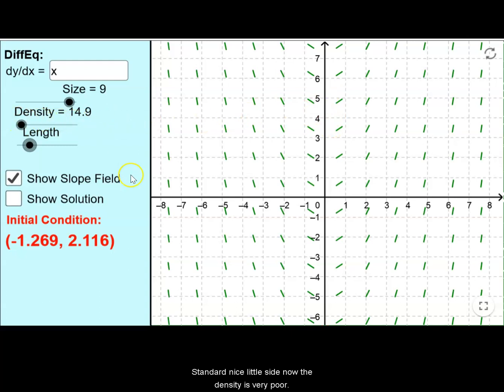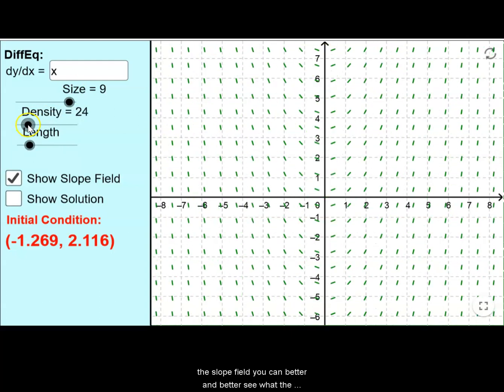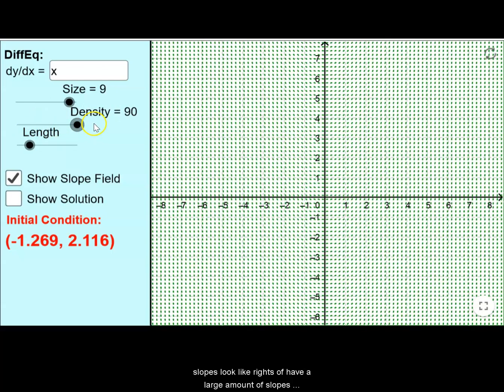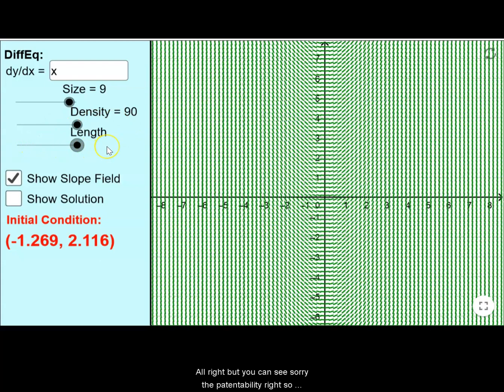Now, the density is very important. Here I have it on the lowest density, and you can kind of see what's happening, but not really. But as you increase the density, the amount of slopes that you're projecting through the slope field, you can better and better see what the slopes look like. If I have a large amount of slopes, they're very, very fine points in this case, but you can see the pattern that